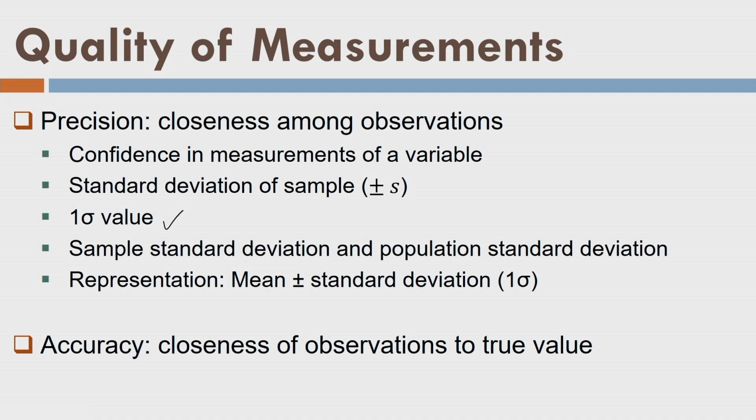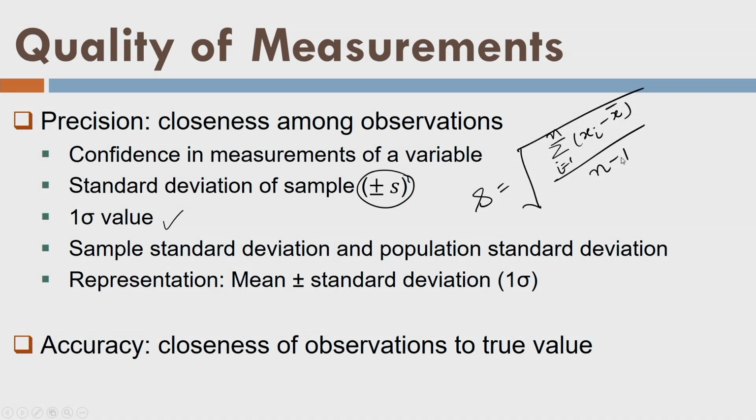So this is my sample standard deviation, the 1 sigma value, and generally we write it mathematically as plus minus s. That means s equals the square root of the average value here, the sum over i equal to 1 to n of (xi minus x bar) squared, where xi is my observation and x bar is the average value, divided by n minus 1. So this is s. We also call it the 1 sigma value, and again it is plus minus because of the square root. When I represent some value, let us say 2.33 meters, I will write plus minus the 1 sigma value, which is nothing but equal to s here.